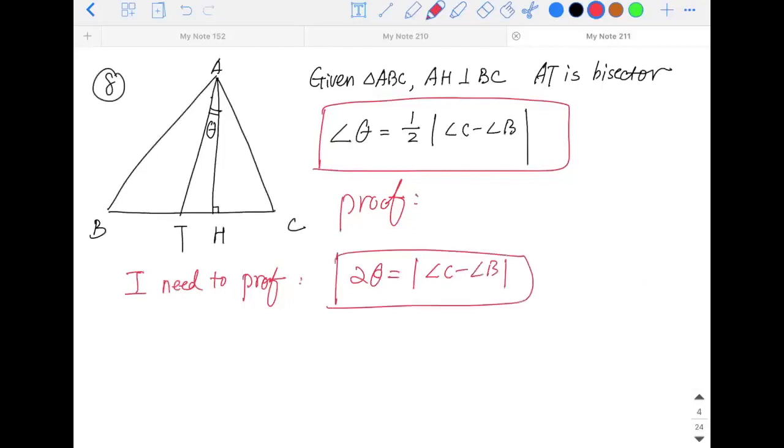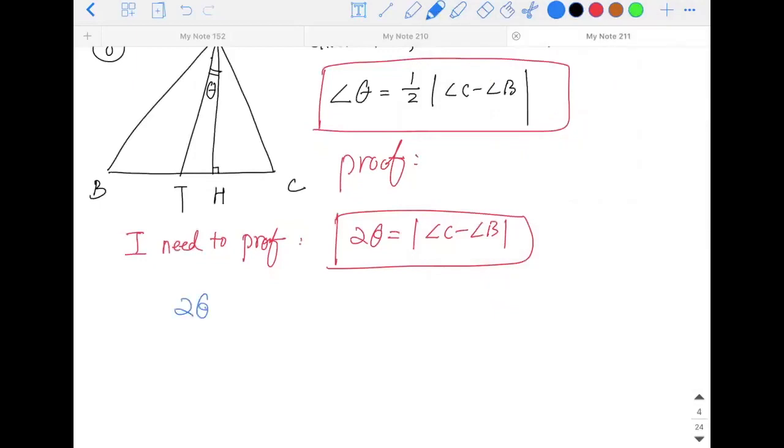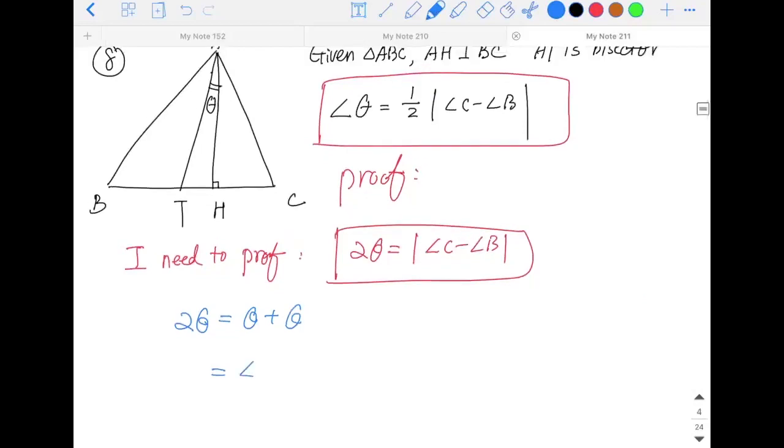This is what I need to prove. Let's have some quick analysis of how this 2 theta looks. Okay, this 2 theta can be written as theta plus theta, right? So the first theta can be written as what? Angle BAH